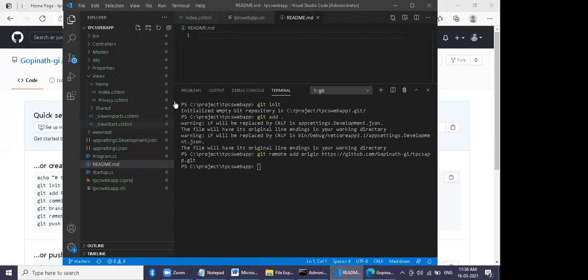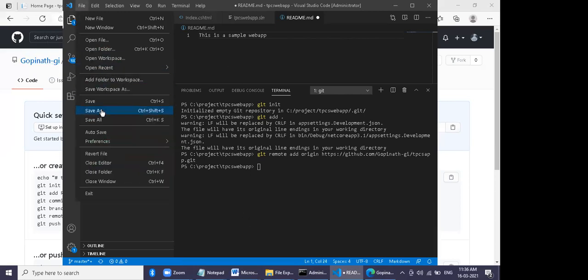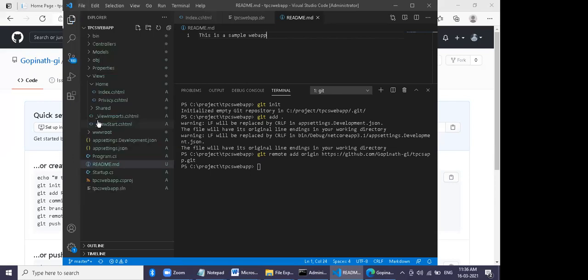Just type this is a sample. File, save as. You have to save all again. You again have to add, because you have added it already.